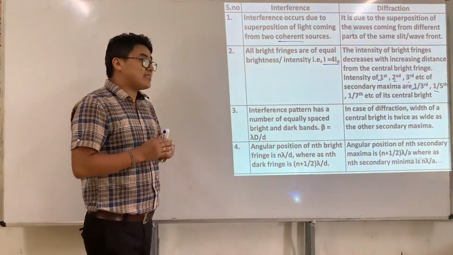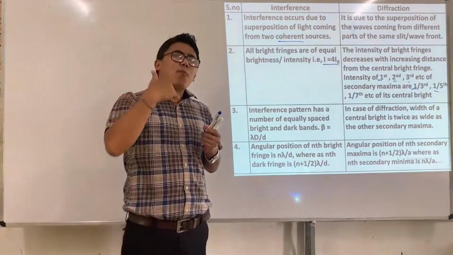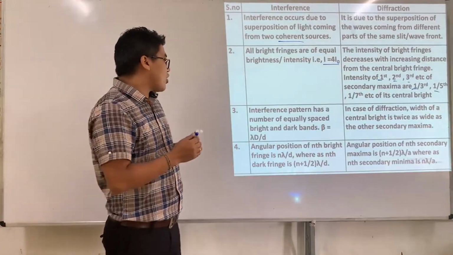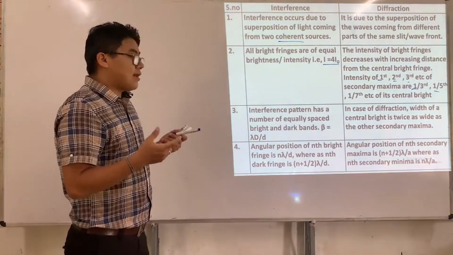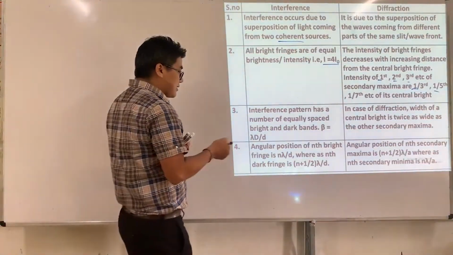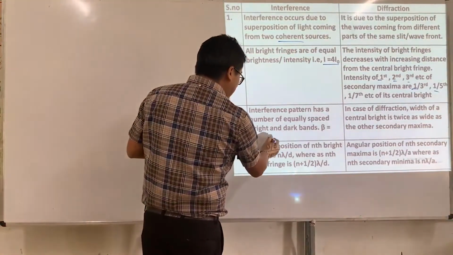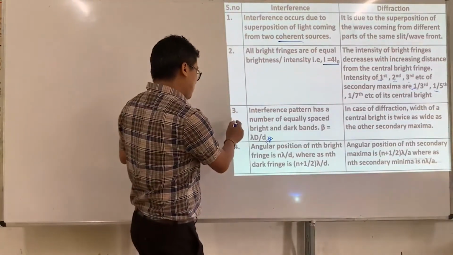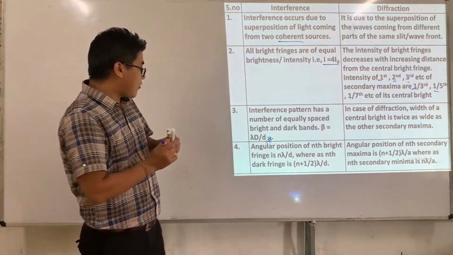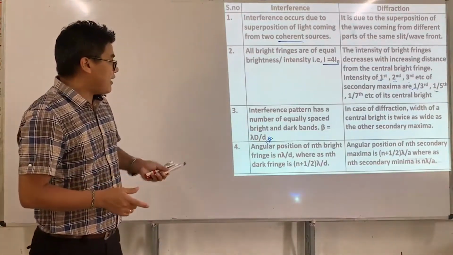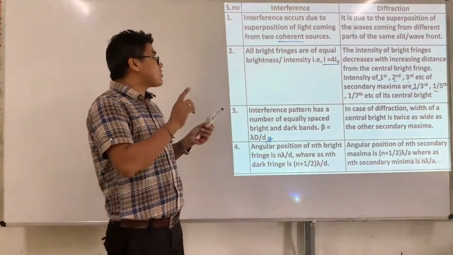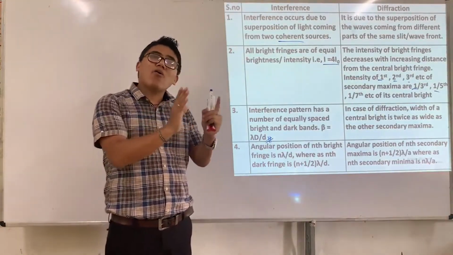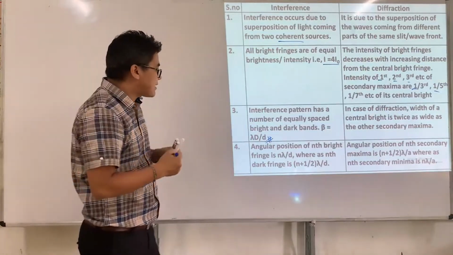The third difference is regarding the angular position of a bright and a dark. I'm sorry, the third point is something like this. Angular position is the fourth point. The third point is that in case of interference, the width of a fringe, either dark or bright, is equally spaced, then